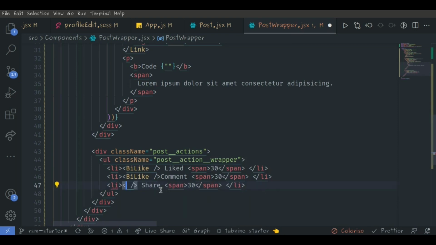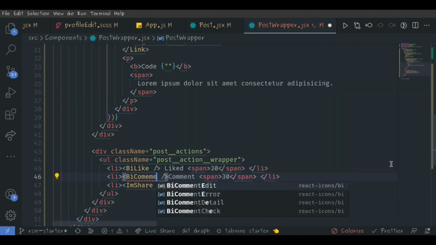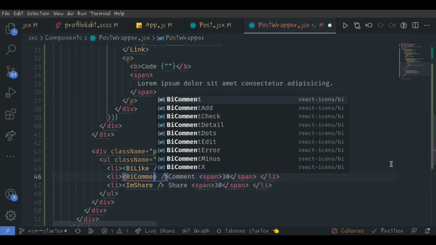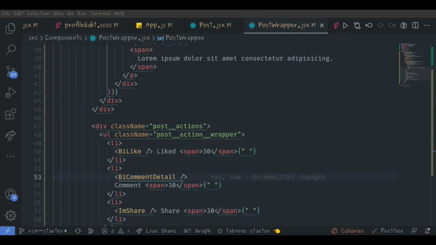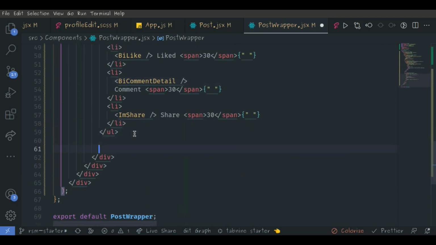So here is going to be for the bi share, here is going to be for the bi comment, then outside of this ul,